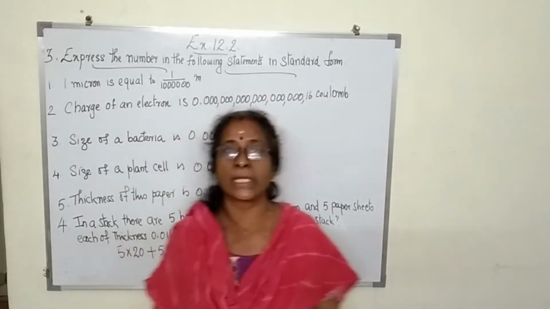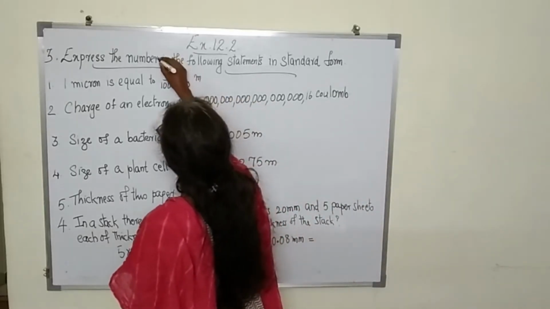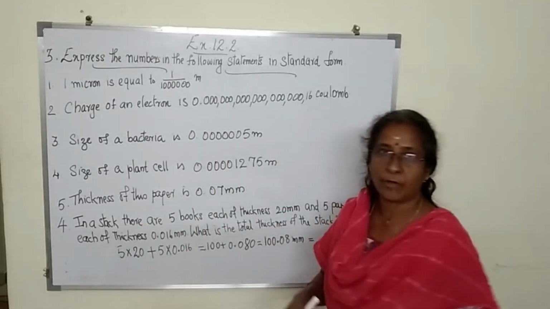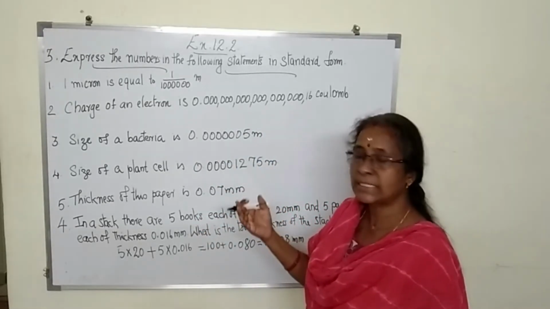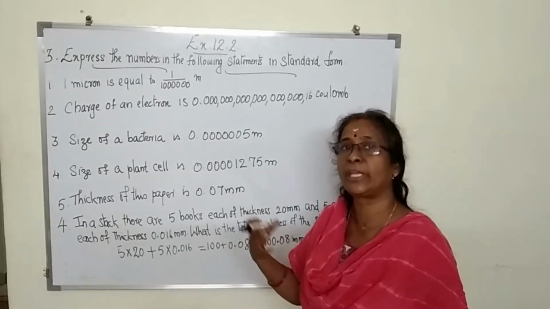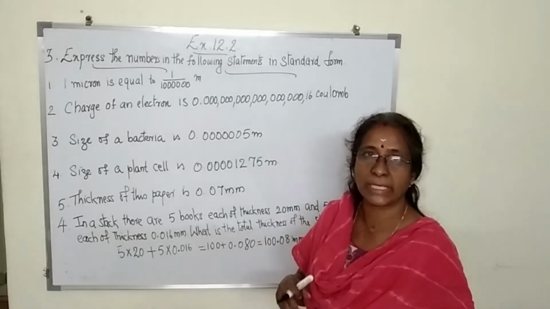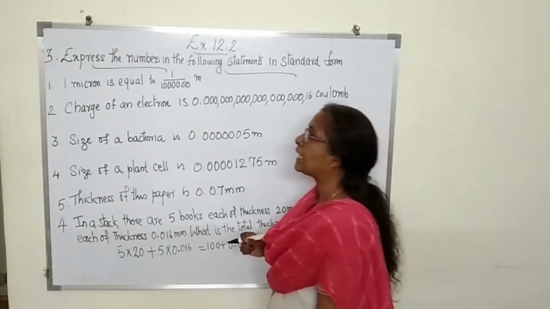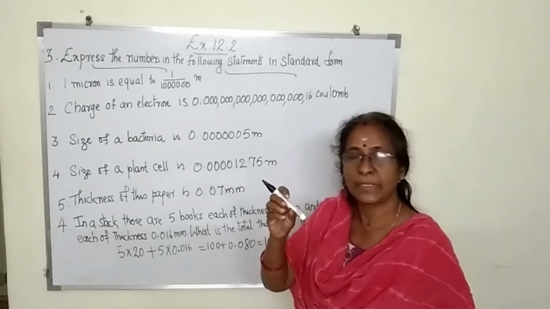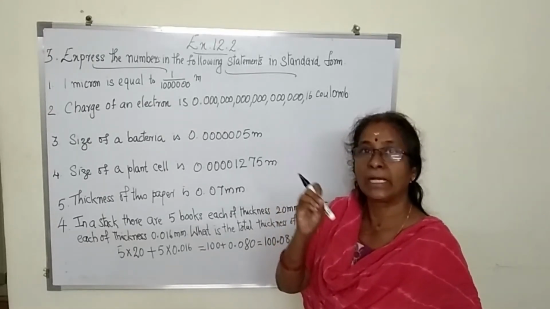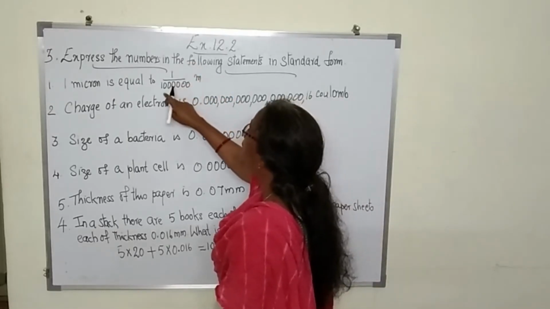Now the next question is, express the numbers in the following statements in standard form. These are some of the sentences which we use in daily life. And these sentences have some numbers which are very huge or very small. So we have to write those numbers in standard form. The first one is 1 micron. Micron is a unit which is used to represent very, very small lengths. 1 micron is equal to 1 upon this number,